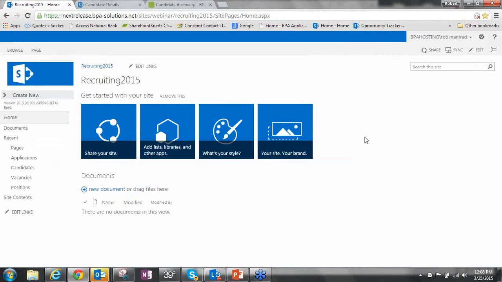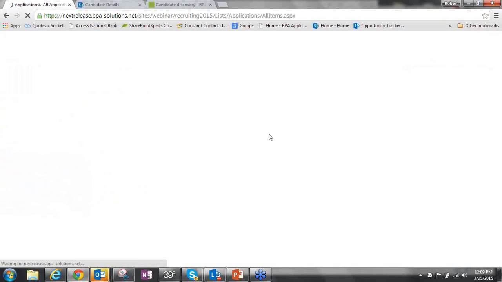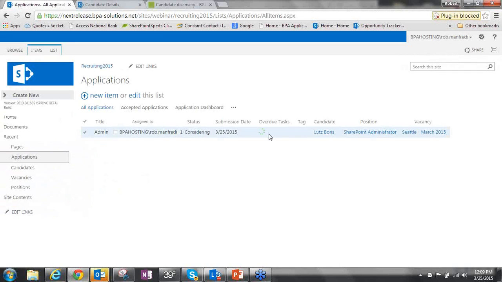And we're going to start first with just a standard SharePoint site. This should look familiar to everybody. We've got our SharePoint navigation over here on the left, and a series of lists of applications, candidates, vacancies, and the like. And these are just standard SharePoint lists that were created. We can still drill into those, and we can see we've got an admin candidate in here. So the underlying